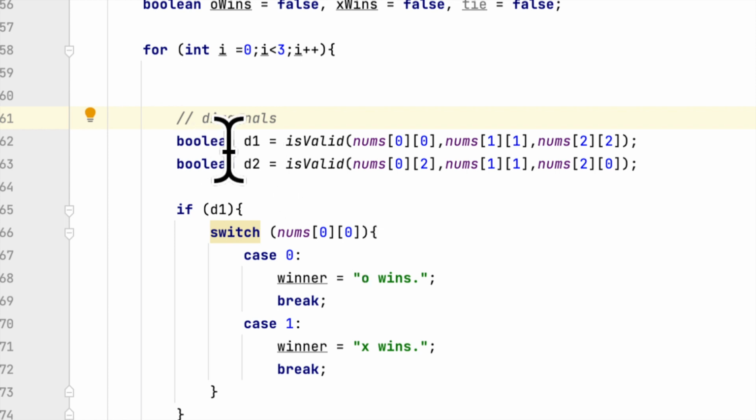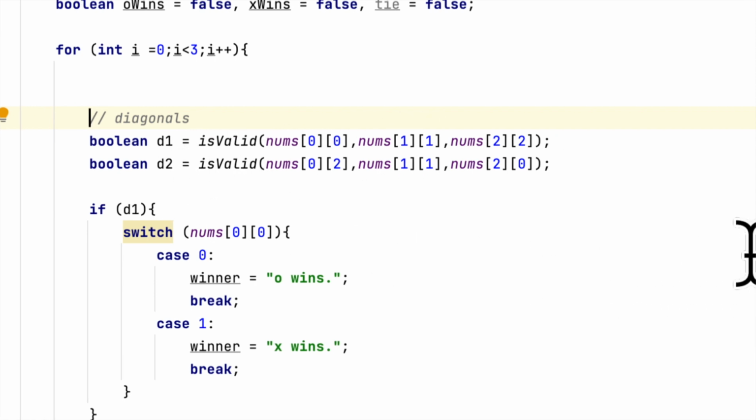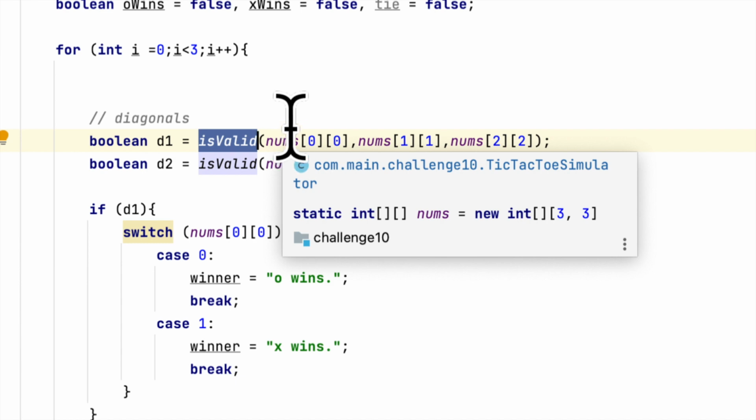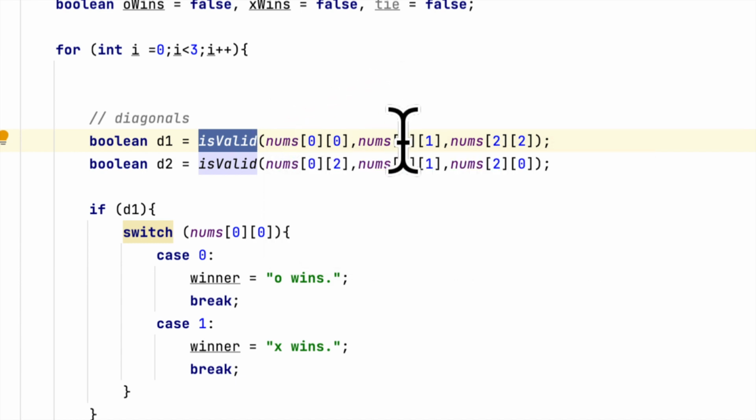So here I created 2 variables to hold diagonal 1 and diagonal 2, and in this method I call isValid, is to pass the number 1, number 2, and number 3 of the diagonal, the position 1, position 2, position 3 of the diagonal 1, and